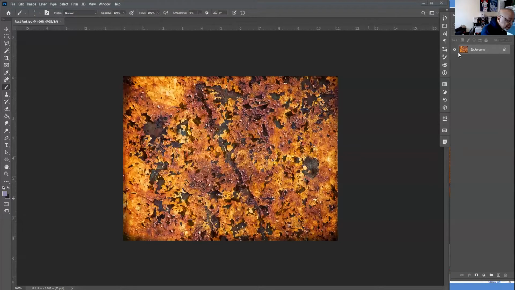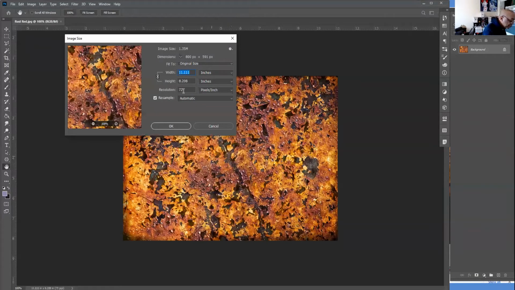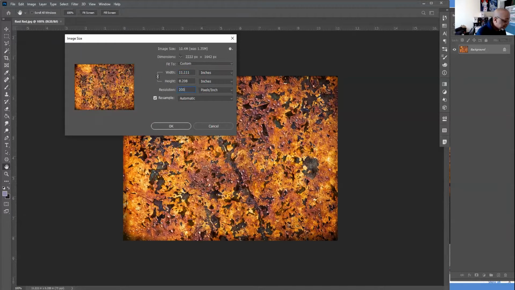So first thing I'm going to do is I have an image, and first thing I do is I look at my image resolution to make sure it's nice. And for me, I like it large because you can always reduce it down. Right now it's at 72 for this image. I'm going to turn this up to at least 200